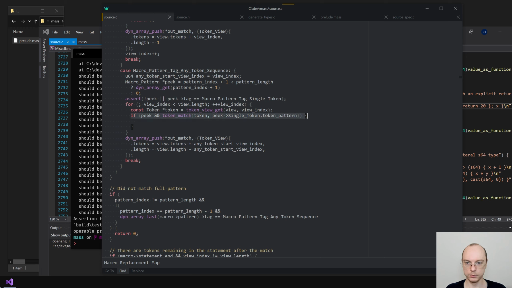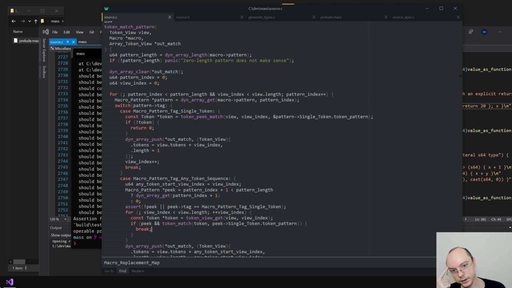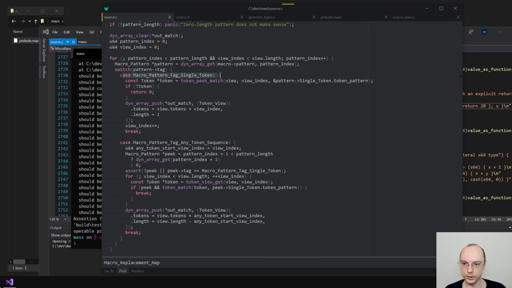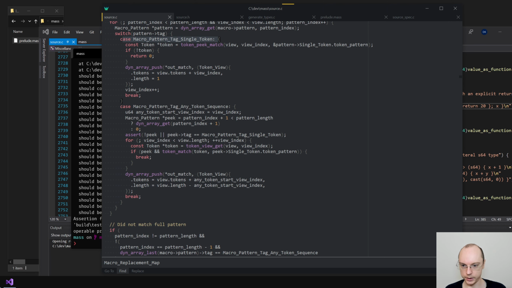So if we found something, then we break, right? Yes, we break and we will go into the next loop here. We will end up here and we will do the right thing.